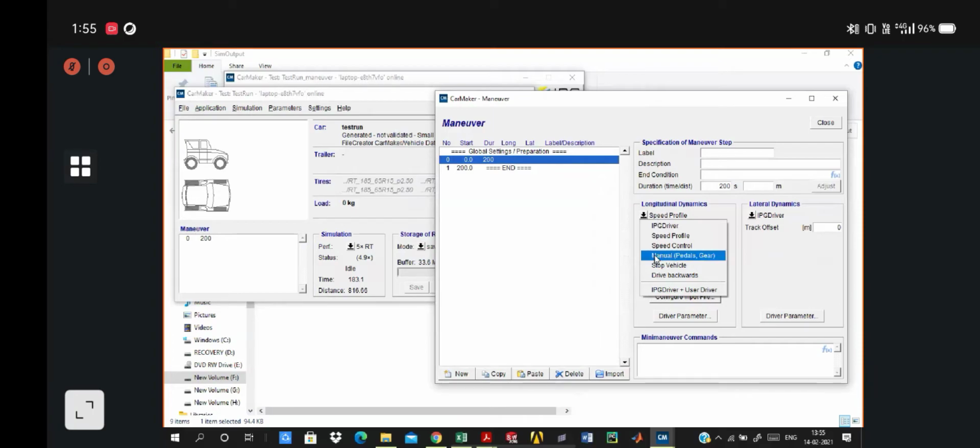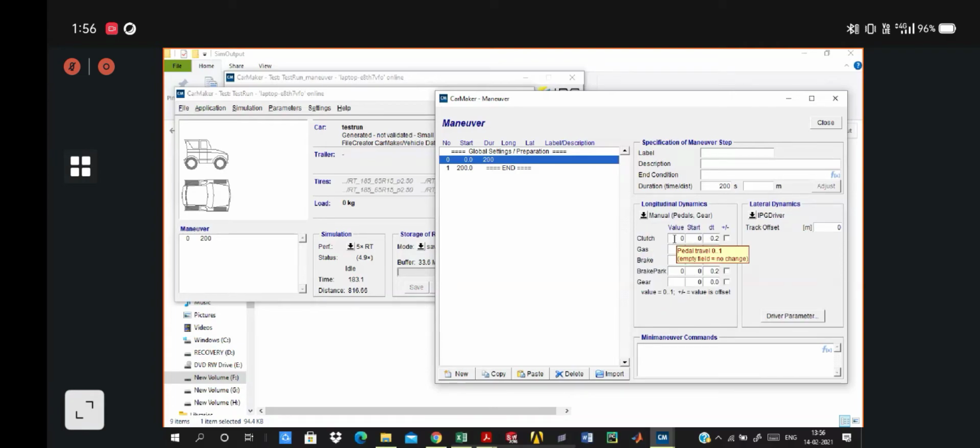If your maneuver step or your vehicle motion needs the definition of clutch or brake pedal, then you can go ahead with that specific step with manual, where you will be asked to define your clutch value.